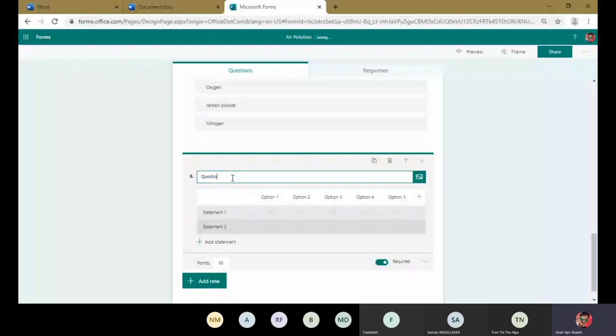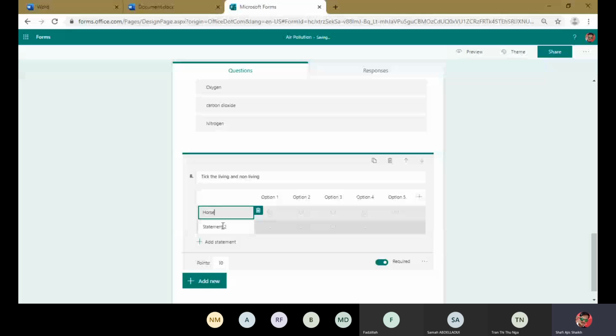For example, take the living and non-living.